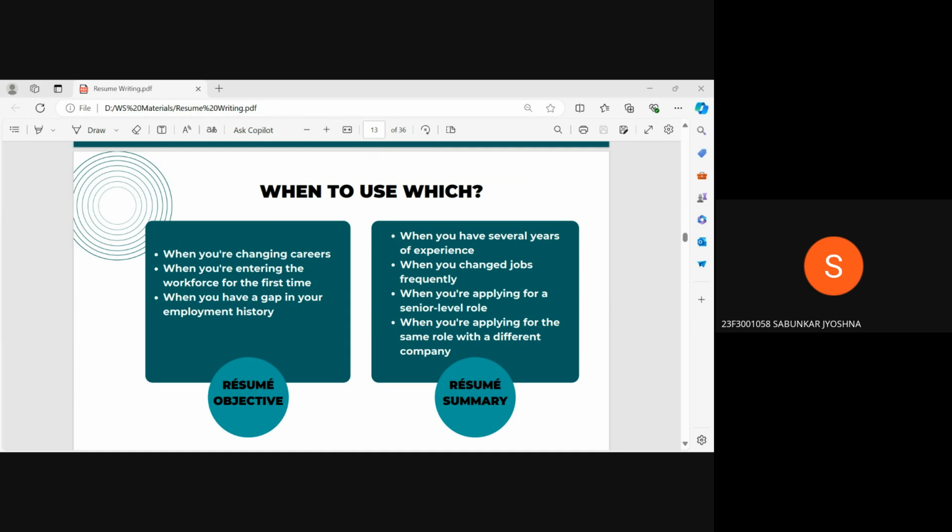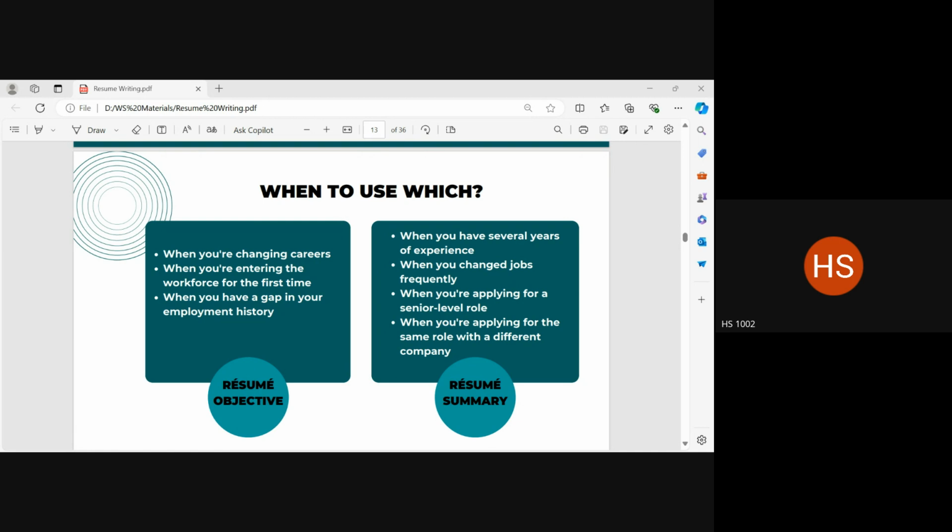Yes, ma'am. Okay. There's one more point here. When you change jobs frequently, there might be several reasons as to why applicants need to change their jobs frequently. Some might be positive reasons, some might be negative reasons. Regardless of what the reasons are, if you are somebody who has had to change jobs frequently, then instead of drawing attention to the fact that you've only worked for 6 months in one particular company, you summarize all the tasks, all the responsibilities that you've handled.